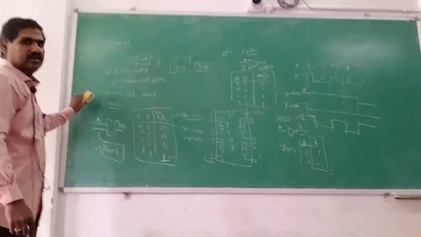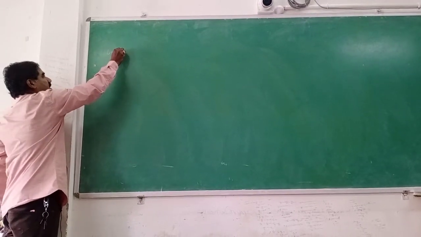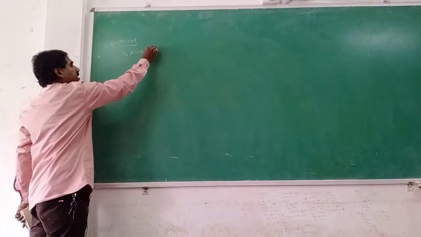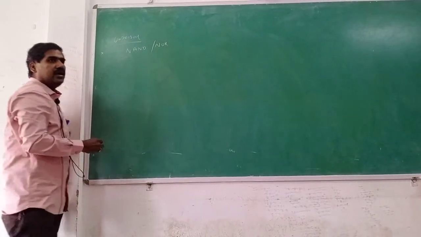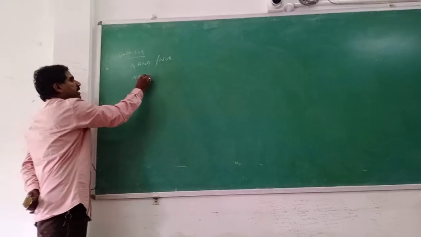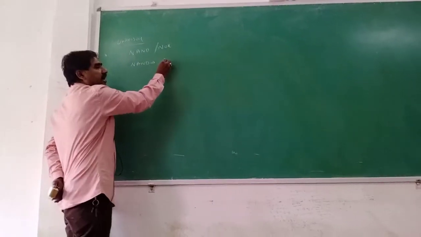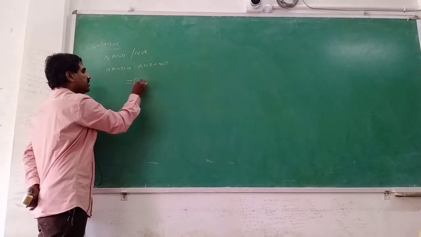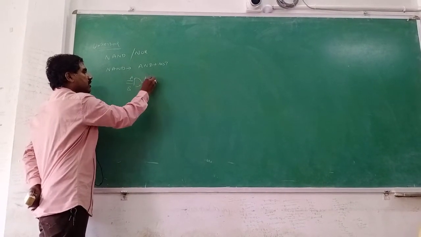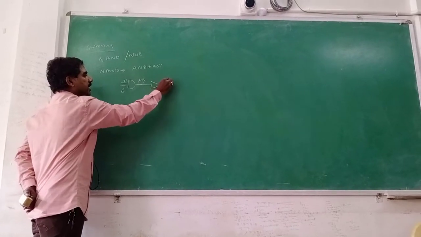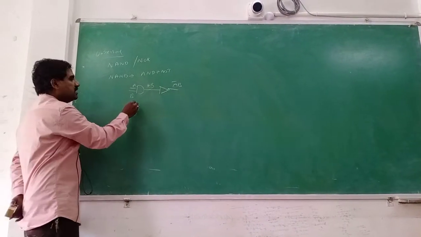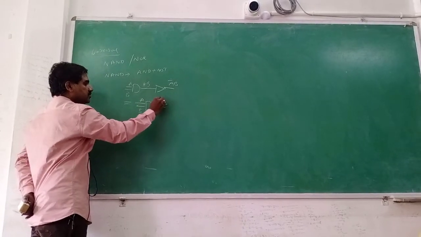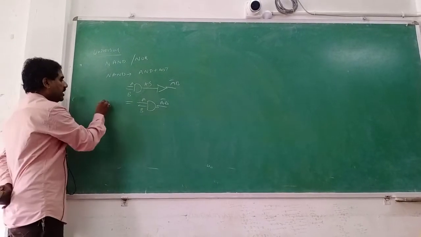Another one is universal gates. Universal gates are of 2 types: NAND gate, another one is NOR gate. NAND gate is nothing but a combination of 2 basic gates, AND gate and NOT gate. We know the basic symbol for AND gate, A B, A into B. Simply complement the circuit by using NOT gate. You get A B bar. By simplifying the circuit, we can write it as A B, A B bar. Okay, its IC number is 7400.